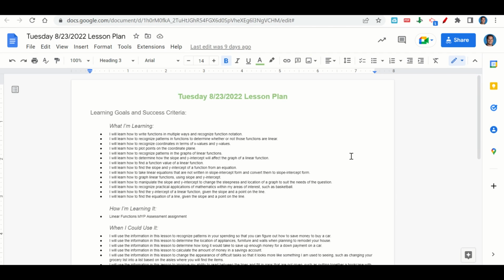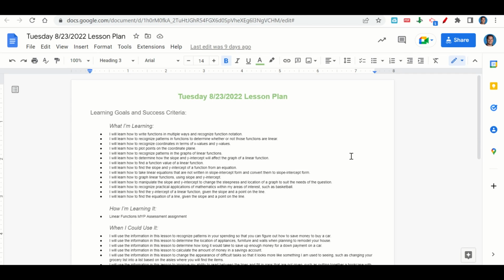a linear function, how to find the slope and y-intercept of a function from an equation, how to take linear equations that are not written in slope-intercept form and convert them to slope-intercept form, how to graph linear functions using slope and y-intercept, how to manipulate the slope and y-intercept to change the steepness and location of a graph to